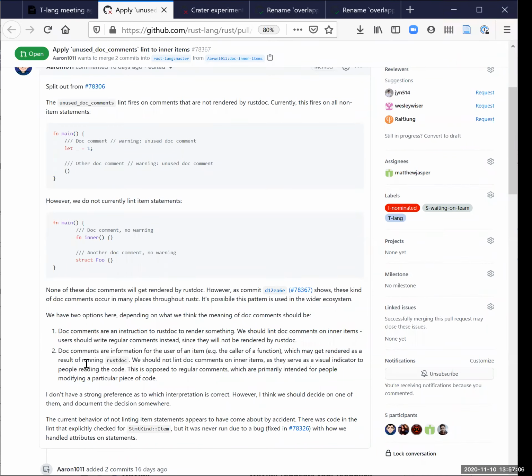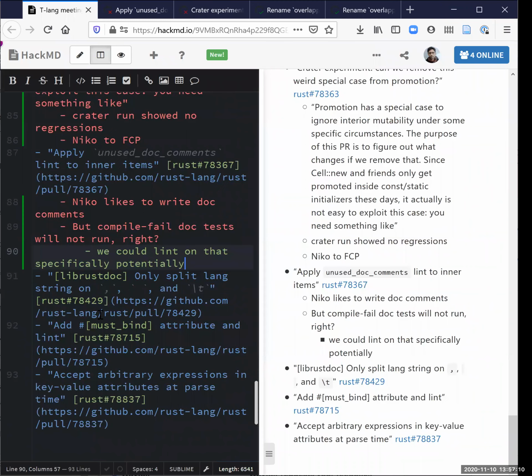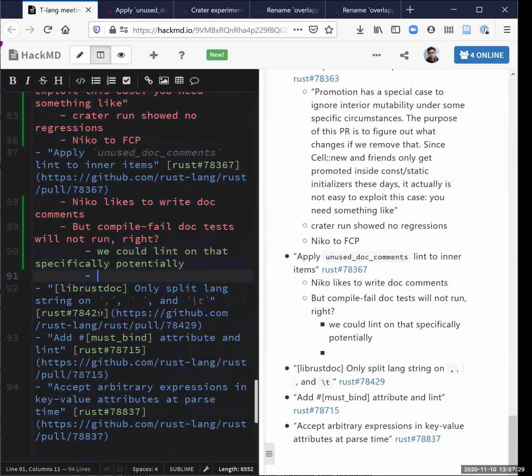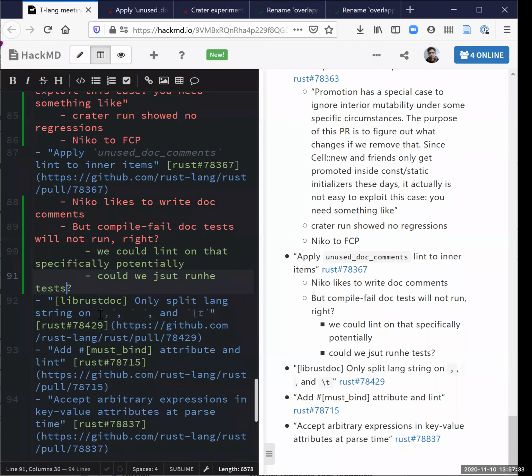Running the test might be, I don't know what context it expects to run in. I guess it expects to run at global level because they all run from a main, so that none of them have special access, right? Yeah. So yeah, maybe we could just run it. Well, it's a good point that you probably couldn't call the function in your test. Right. I mean, you might be able to if it's actually a function, but if it were some other item, you wouldn't be able to reference the item.